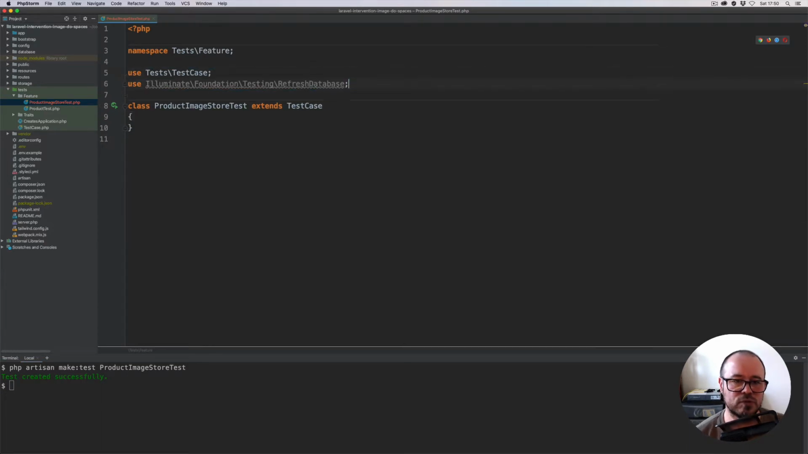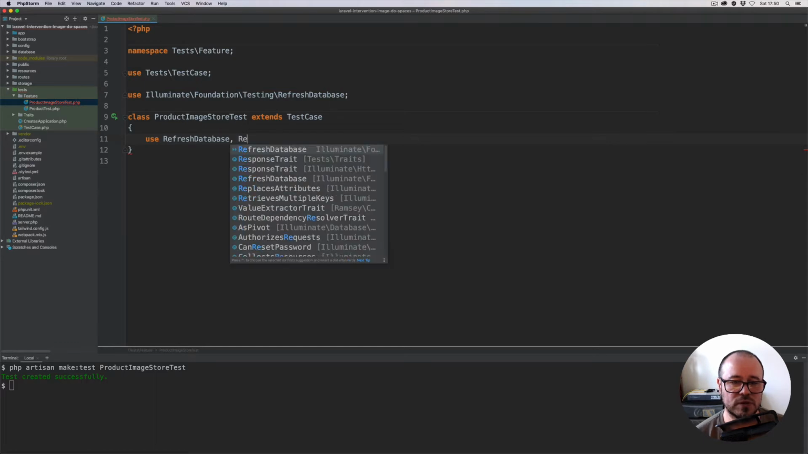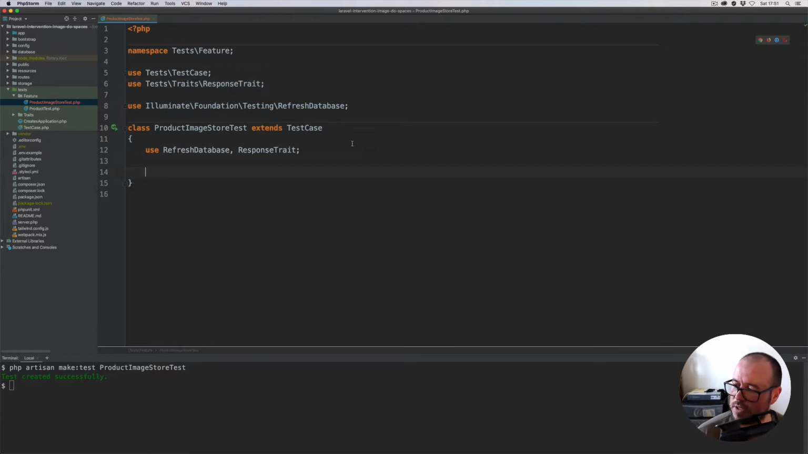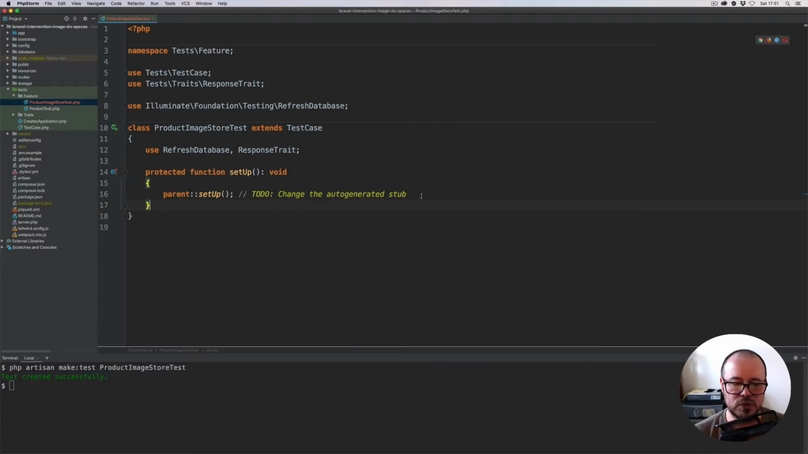We're going to use RefreshDatabase, so use the RefreshDatabase trait. We're also going to use this response trait that I've created for this course. There we go. So we're also going to override the setUp. So override setUp. There we go. So we use the parent setUp, but we also